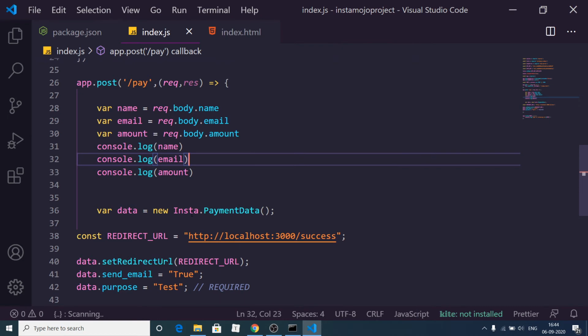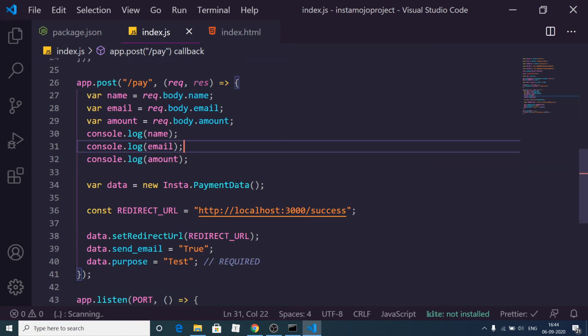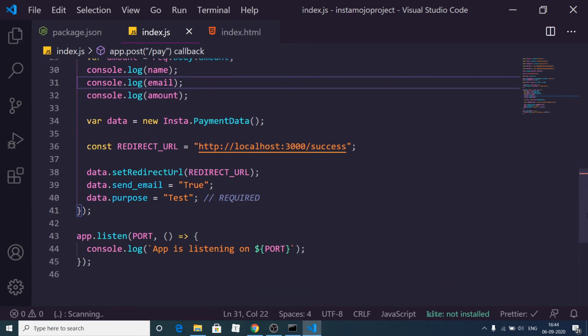Here we are initiating a payment data request, and also you need to initialize the redirect URL. Whenever the payment is successful, it will go to this route /success, and then we are setting this redirect URL, passing this URL.